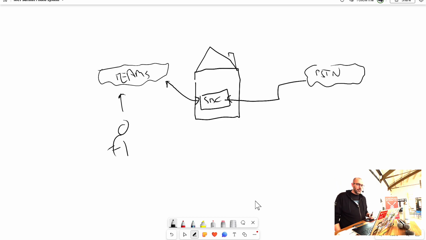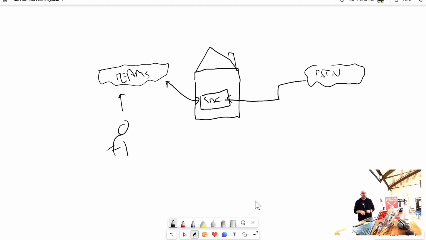What if this user is actually physically in the office? The phone call will come in from the publicly switched telephone network into that Session Border Controller. It will go over the internet out to the Teams cloud environment. And from the Teams cloud environment, it will go back over that same internet connection to that user in that same building to receive that phone call. You're using that internet connection twice. One for the connection from the SBC to the Teams cloud, and one from the Teams cloud back into the Teams client.